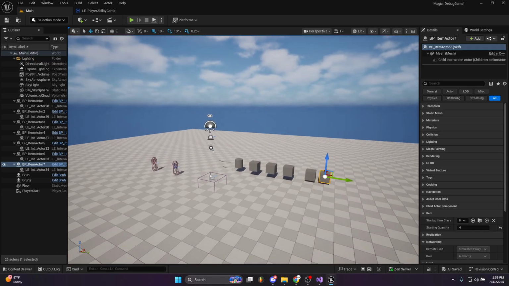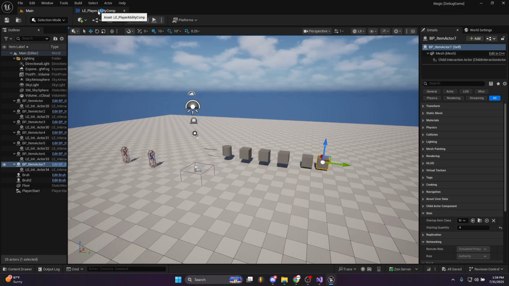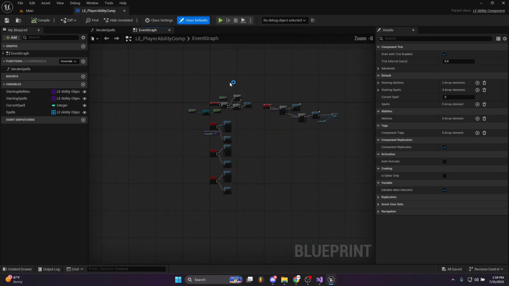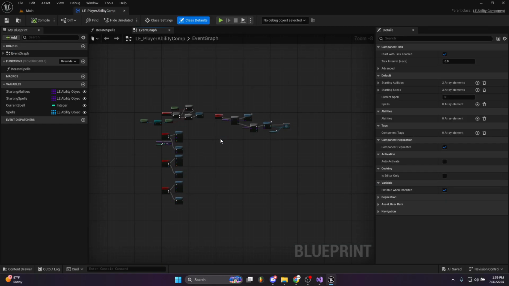So, getting right into it, the main thing that this uses is the ability component. One thing that you gotta know before you use this system and component is that this ability system is very based on the gameplay ability system, but you can think about it a little bit more freely. I'm sure that Epic and Unreal made that to be more optimized and more performant, but it's a little bit limiting because you have a bunch of different things that you have to use, like gameplay effects and gameplay cues. If you just want to manually code that, it's a little bit easier to think about, and that's why